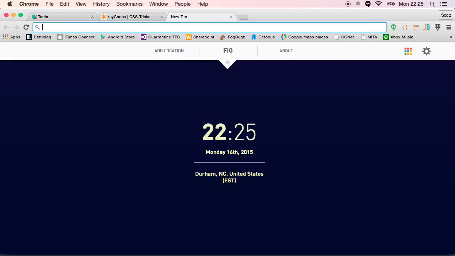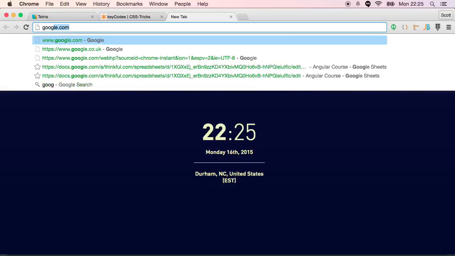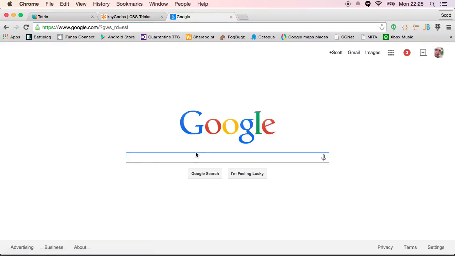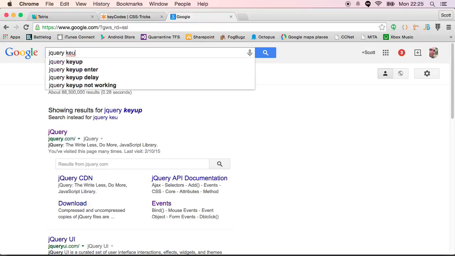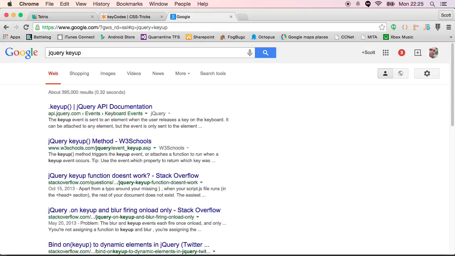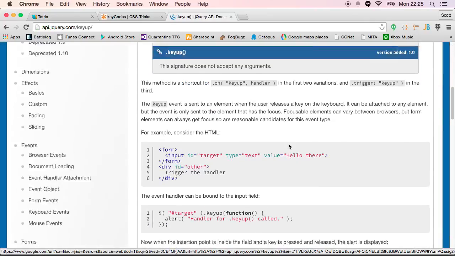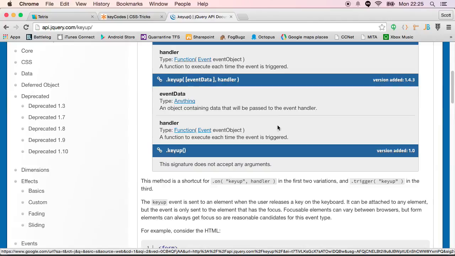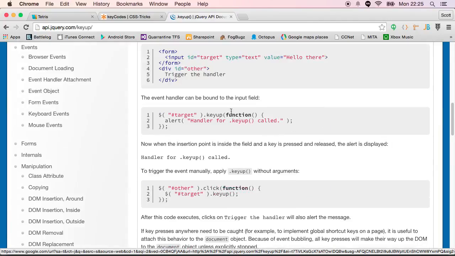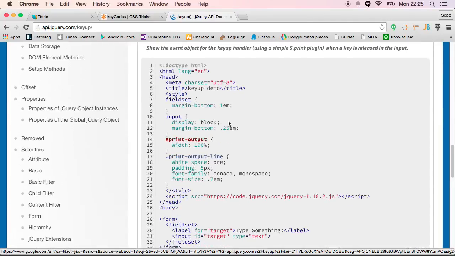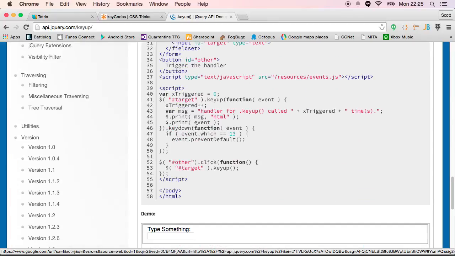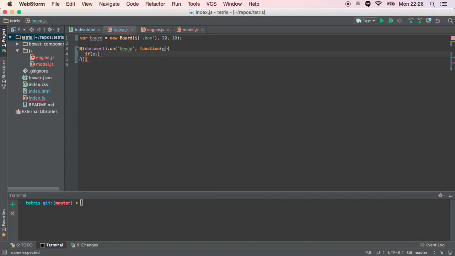Why does it do that? Google jQuery key up. Let's see, key up handler, blah blah blah blah. Looking for the magic word, which is which. There we go. So if e dot which equals 78,